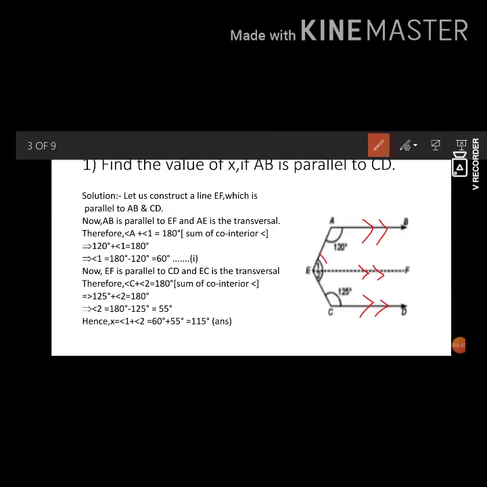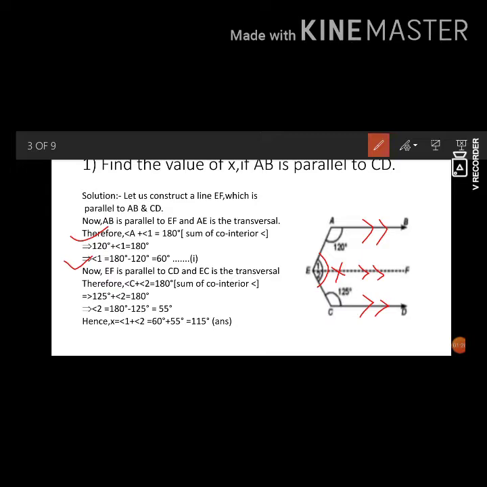So initially x was this angle x, and on drawing EF we have divided the angle as angle 1 and angle 2. Now when we consider the lines AB and EF and AE is the transversal, we can say angle A plus angle 1 is equal to 180 degrees, as the sum of co-interior angles is 180 degrees. So substituting the value of A and subjecting angle 1, we get angle 1 is equal to 180 minus 120,